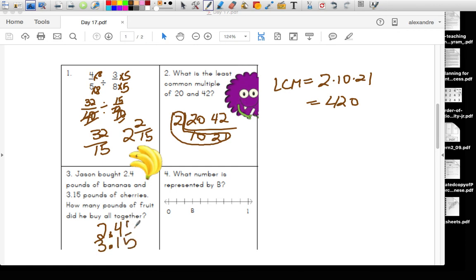Okay, I'm going to use a 0 here as a placeholder. Add these, I get 5, 5, bring the decimal down, 5.55. What number is represented by B? Well,